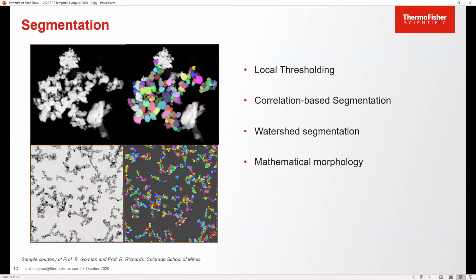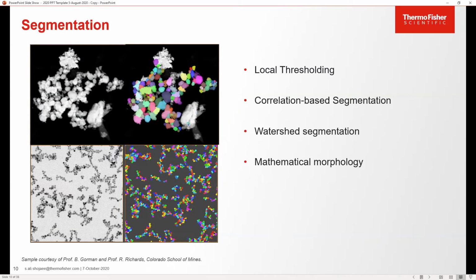And then we get to the step that is called segmentation. We want to go from these images that we have, with all these different phases that we see, to an image that essentially makes sense to the software. The most obvious way would be, again, just based on thresholding. You're going to give it an intensity value and say that anything between this value and this value is going to be, for example, in this image, my nanoparticle. Or anything darker than this is going to be my cracks. That would be the most common way of doing that,